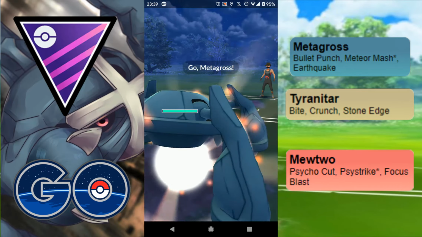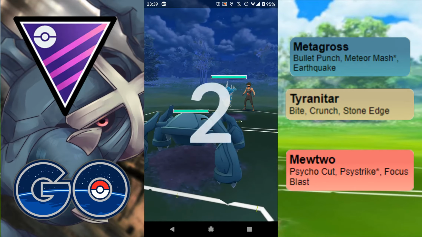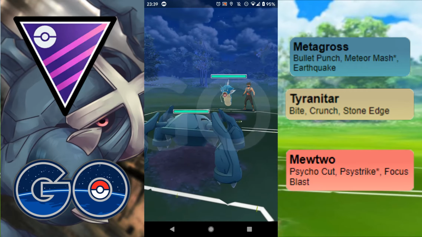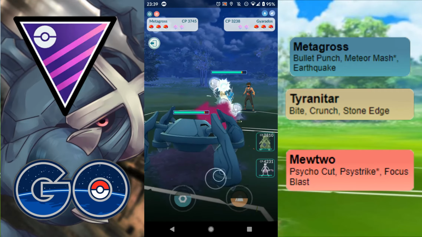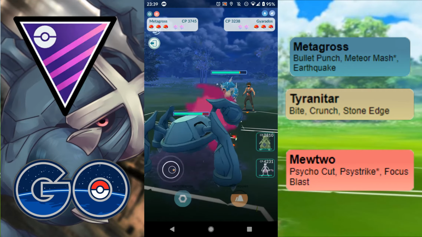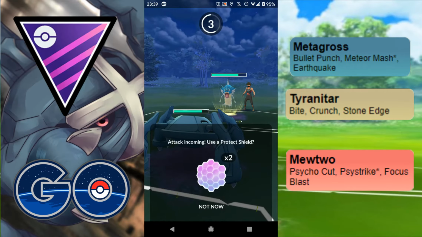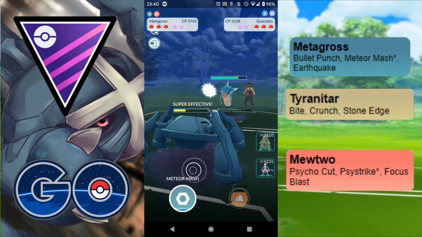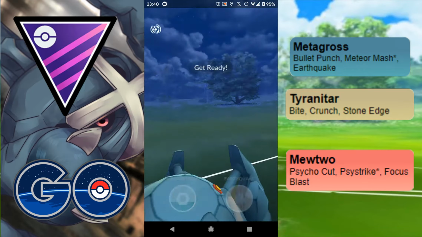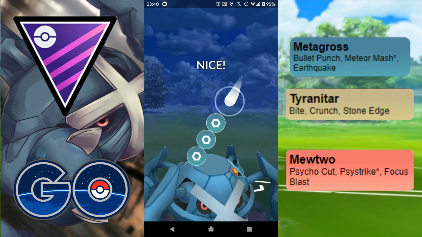And with running Metagross on the lead, you don't want to see Giratina. You don't want to see Groudon, but we have Gyarados. So it is a Dragon Breath variant of Gyarados, so it's not too bad, but they will be running Crunch and Aqua Tail. So Crunch is obviously going to be doing super effective damage, and you've got to hope they want to bait the first time, so let's not shield this one up and let that Crunch come through, unfortunately. The other problem with Gyarados is neither of your charge moves are going to do too much damage, so